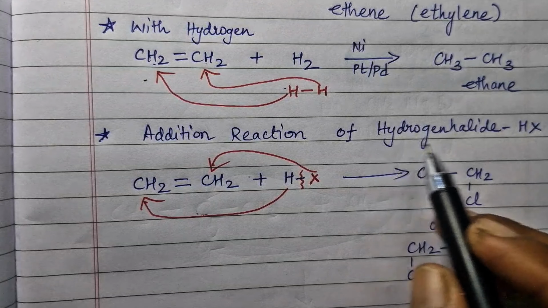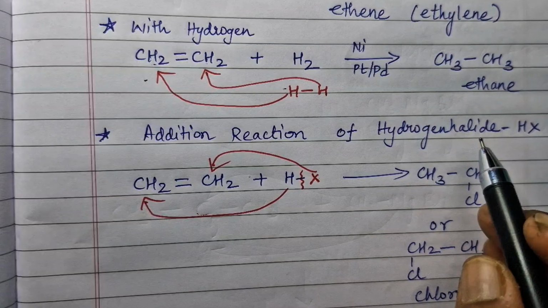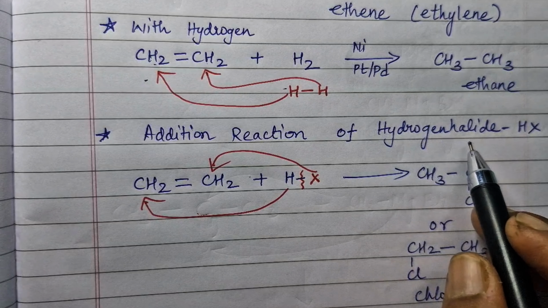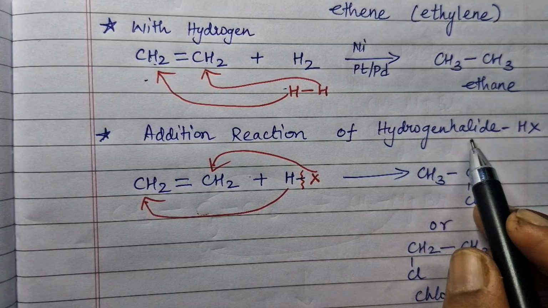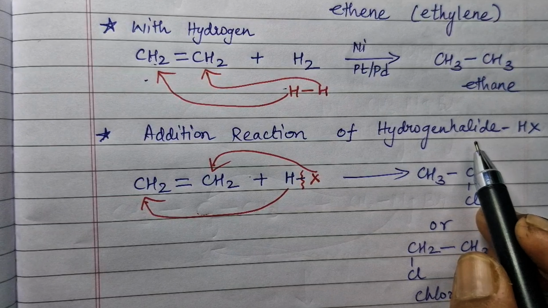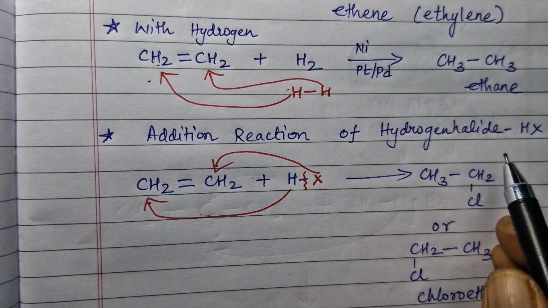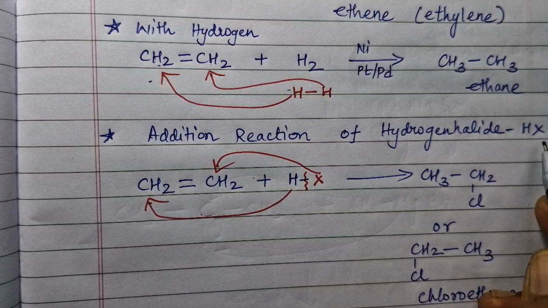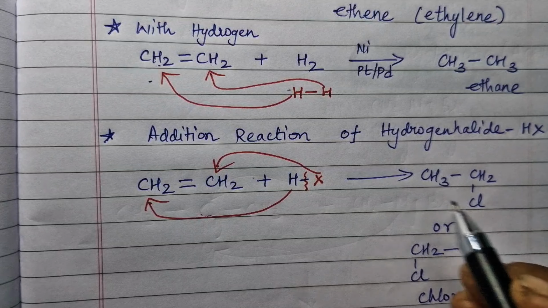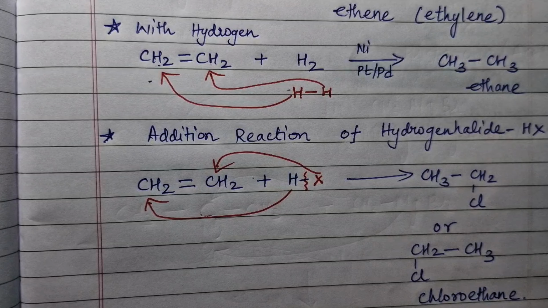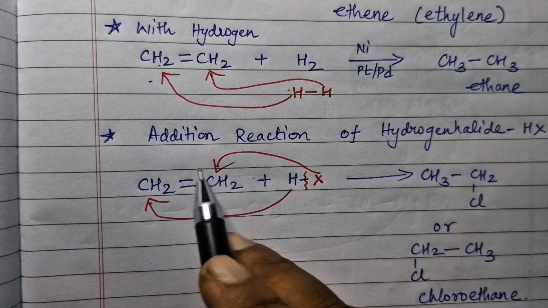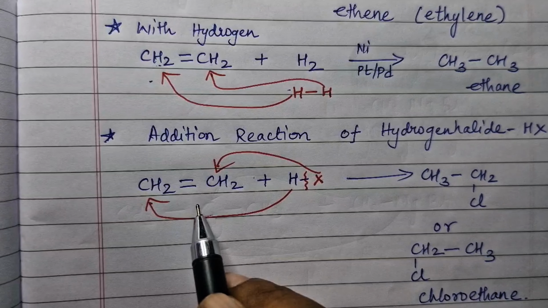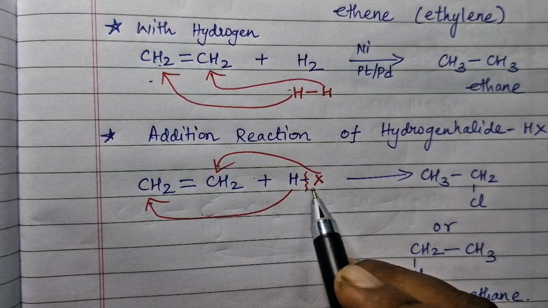Now, the same addition reaction, let us see for a hydrogen halide. What is a hydrogen halide? As the name suggests, one is hydrogen and the other one is halide. This halide can be chlorine, bromine, iodine, anything. It doesn't matter. So, today let us just generally keep it as X. Okay, I am keeping this X as Cl here just for your understanding. So the same compound I am taking, which is ethene, on addition with HX,